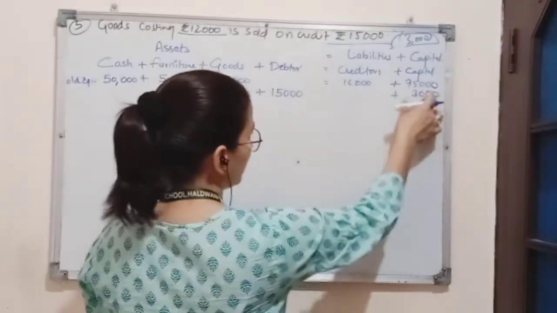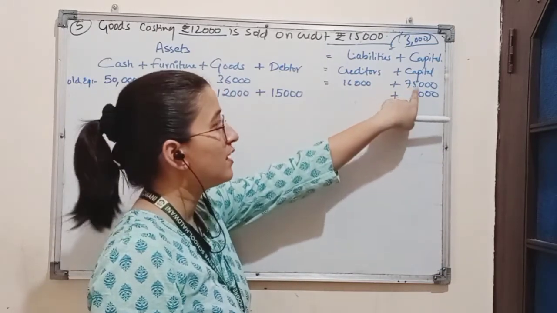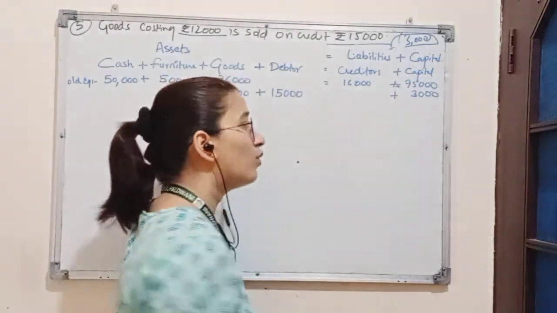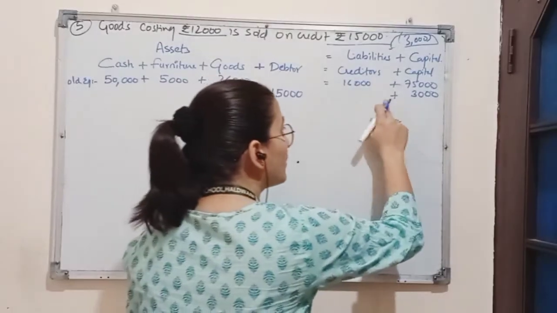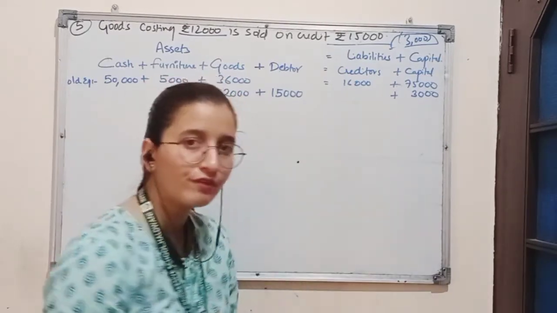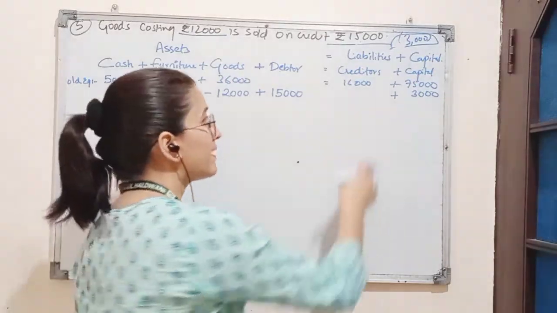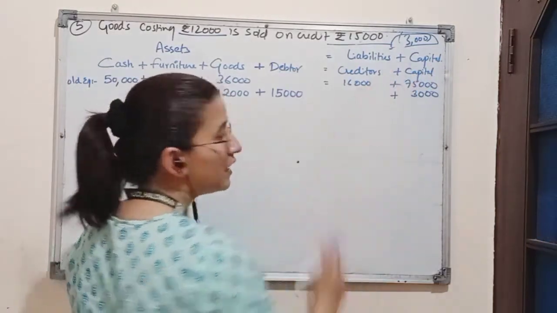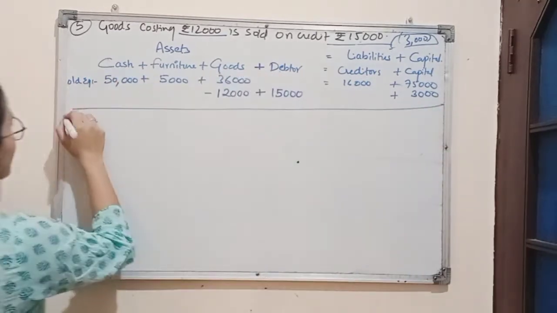Why? Because this profit is being earned with the amount of 75,000. This amount has been invested by the owner and belongs to the owner only. That means the firm will return this capital to the owner along with the profit earned with it. So it is a liability for the firm. Whatever profit the firm is earning is to be returned to the owner, so it will be considered a liability. That is why we will add the profit to the capital. By solving this, we will get a new equation.